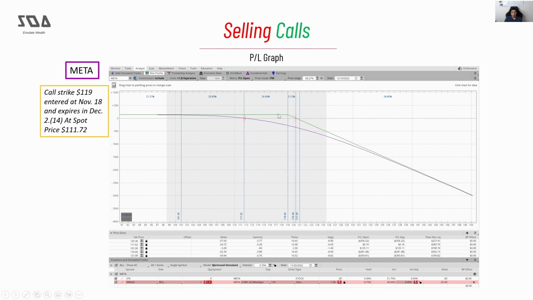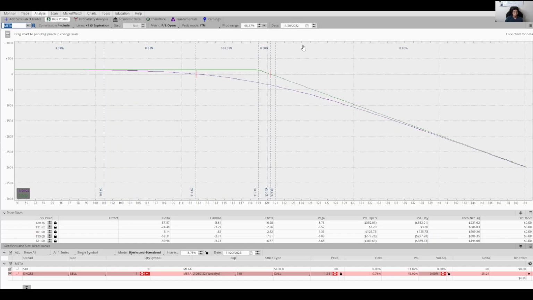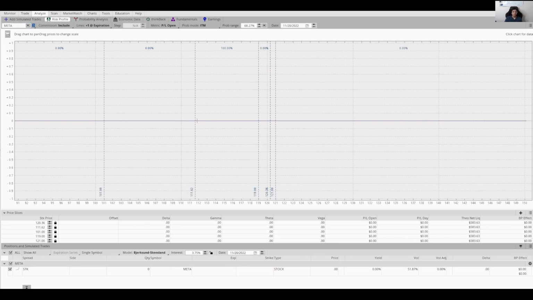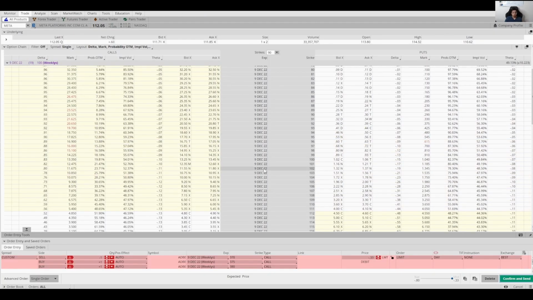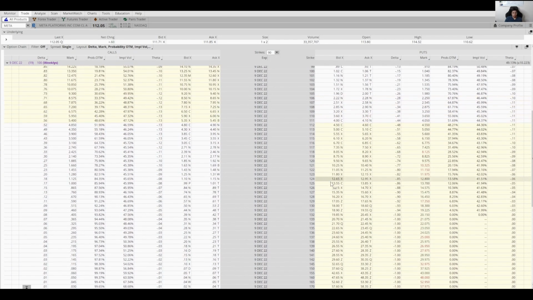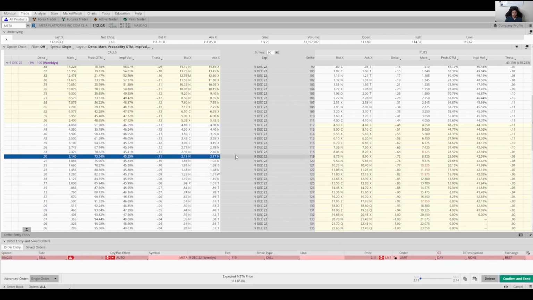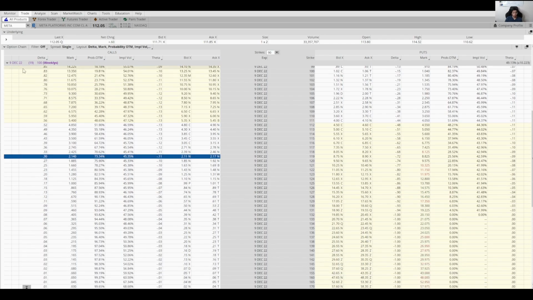But the great thing about this is, I'll show you in real life. Let me look at the chart so I can show you guys. This is the P&L graph of this option. In order to get this, you have to put in the stock symbol and the call option you're looking at, in this case the 119 call. I'll explain this in the next video. I'm going to look at the option chain. This might look very confusing, but this is just how to get to the tab called the risk profile, which stands for the P&L graph. If I go to that option and I decide to sell, which was that exact strike price at the, oh wait, no, this is a different expiration.